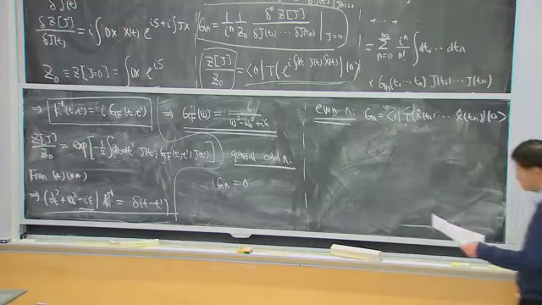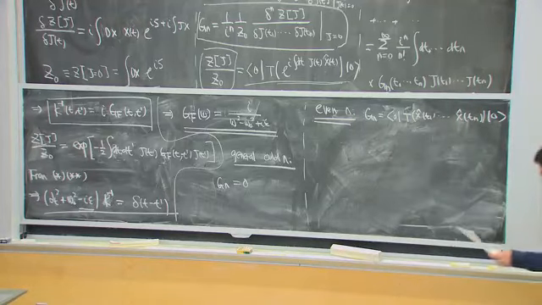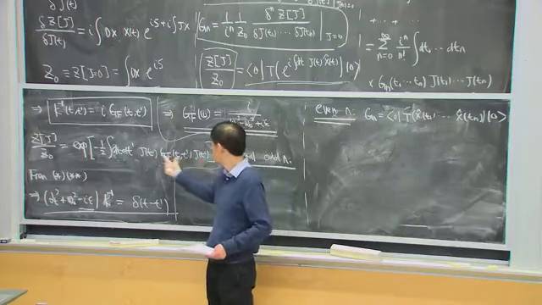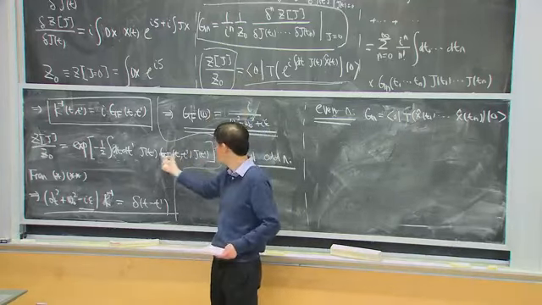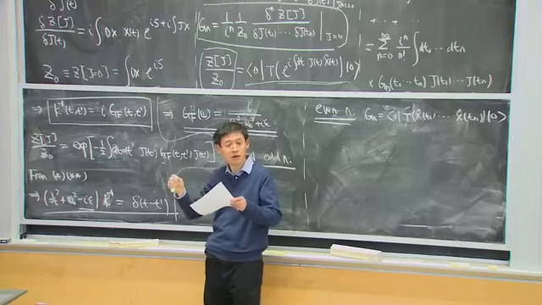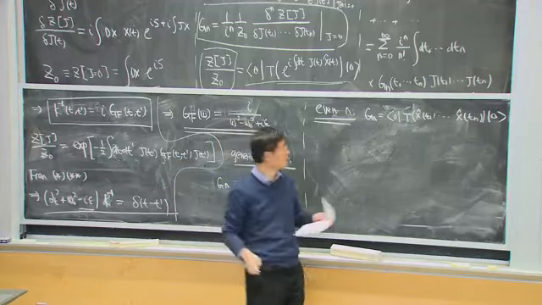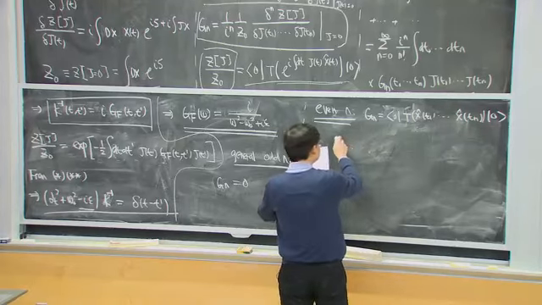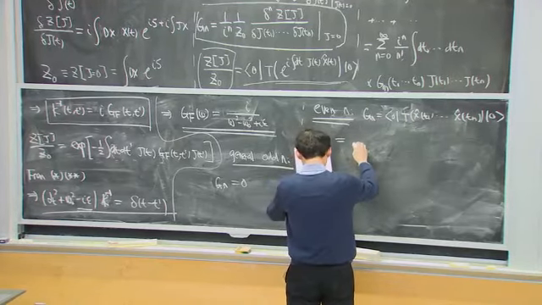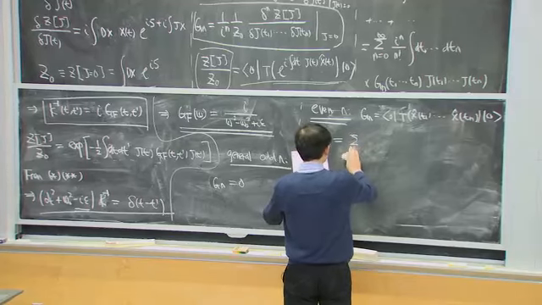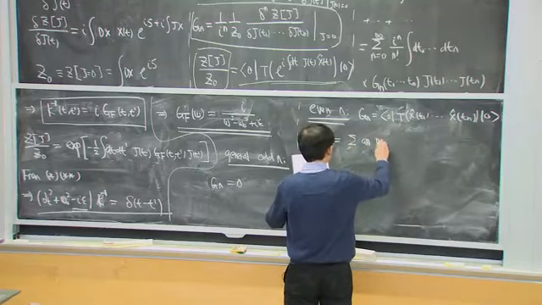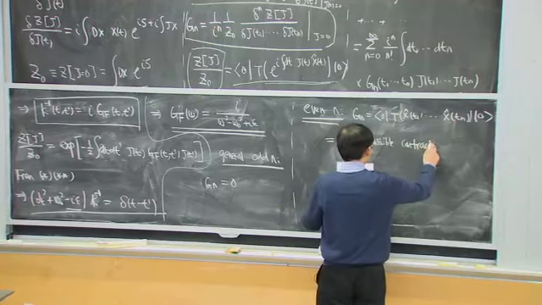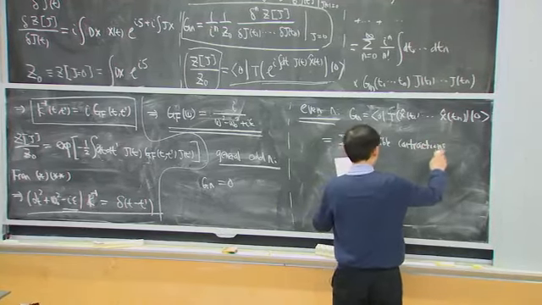So for even n, then you see that, again, because in order for this not to be 0, all the x has to be paired. Okay, then all the x has to be paired. So in this case, we just sum. So in this case, the answer is just the sum over all possible contractions between